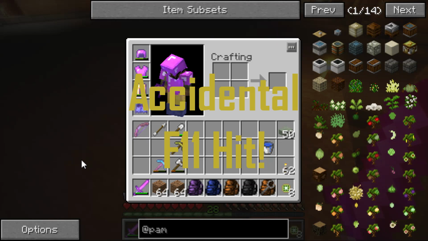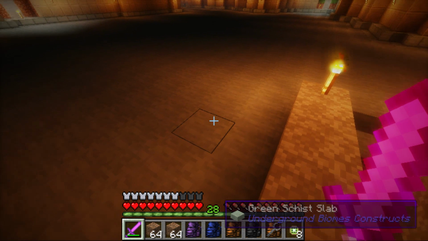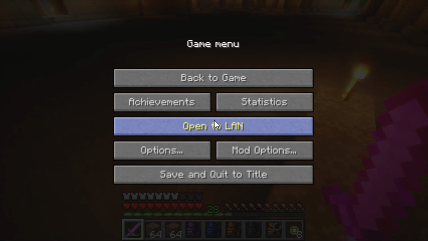Oh, what did I do? No, it's still here. Yeah, weird. What did I do? That was odd. There must be... Oh, I hit F. Yes, I hit a button that says...